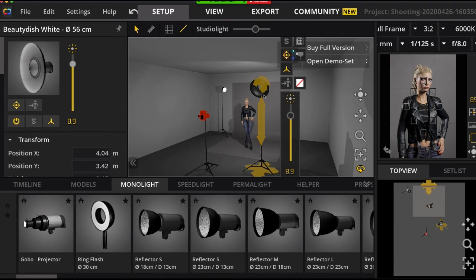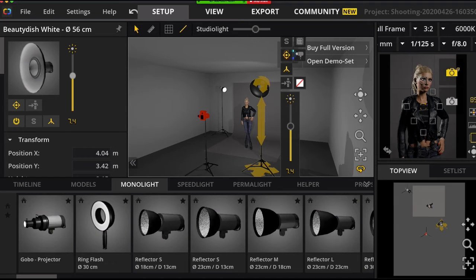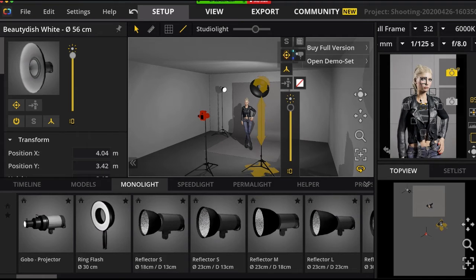If I go up, and at the same time reduce the light source, you can see my backlight is more dominant than the front light. Because of that I started seeing shadow. When I see a shadow, I need to do post processing, and the higher the light, the shadow underneath the chin would be higher.